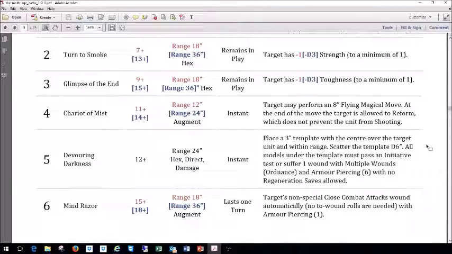So it casts on a 12. It's a 3-inch template, center over the target, and it scatters. The scatter hurts this a lot. Multiple wounds ordnance, though, that's pretty good. Yeah. And it's an initiative test, so this is going to hurt dwarves bad,